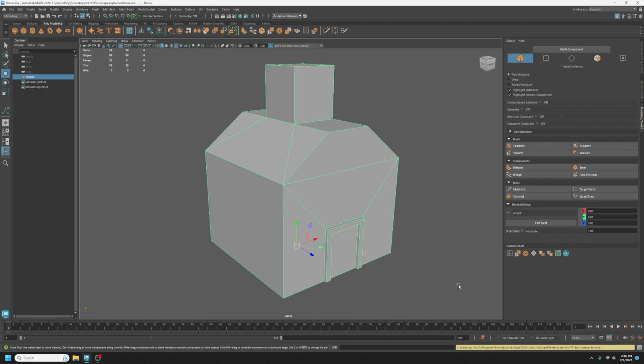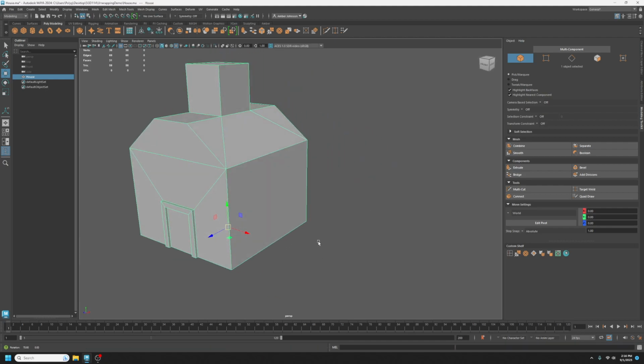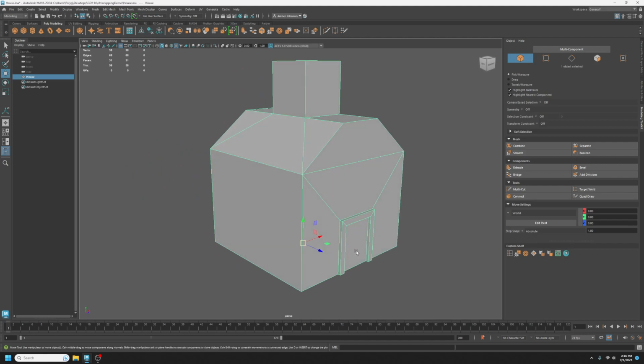And I think that it's going to have maybe, let's do a brick siding. It's going to have a nice roof, and it's going to also have a brick chimney, and then a wood door with a painted door frame. So that tells me I should probably try to keep certain things together based on what kind of material it is,